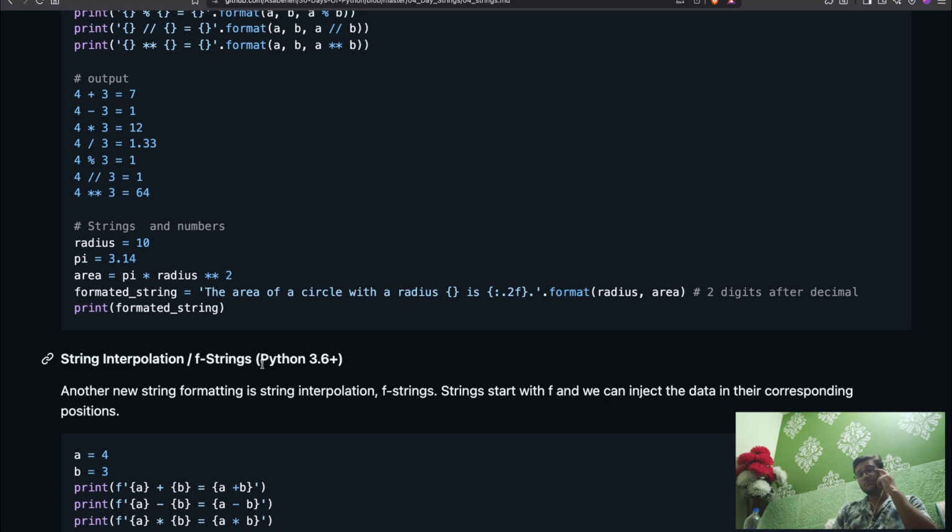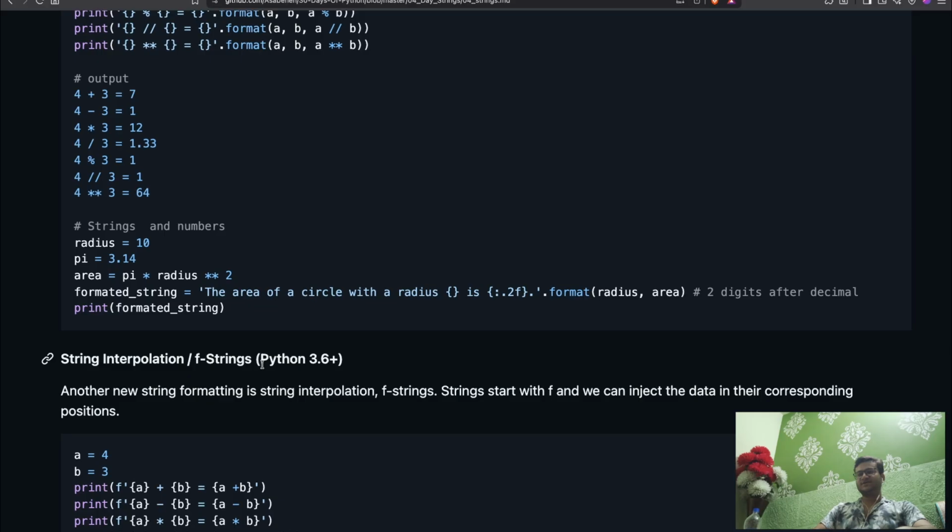For the str, you have to write curly braces, the area of circle, the radius. Okay, 10 is